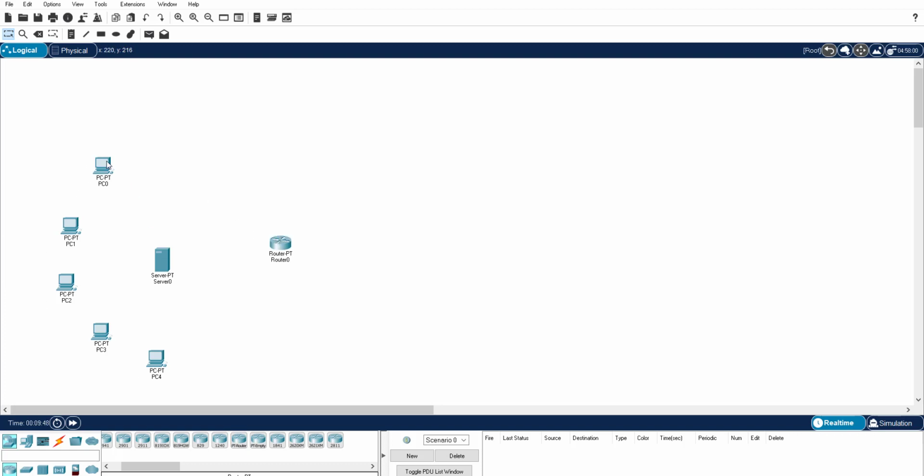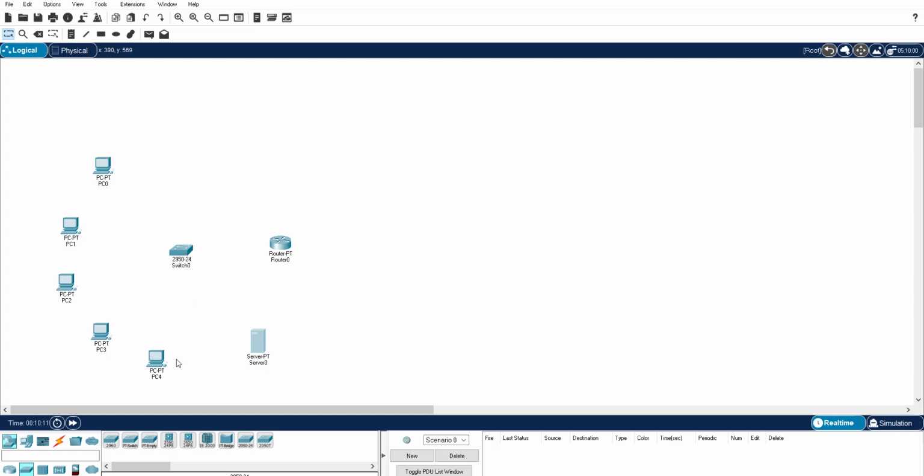All the PCs I'm going to connect with a switch. I'm also going to connect the server with the switch, and the switch will be connected to the router. That means this is a private network, or we can say this is a local area network. So let me take a switch, a 24 port switch.